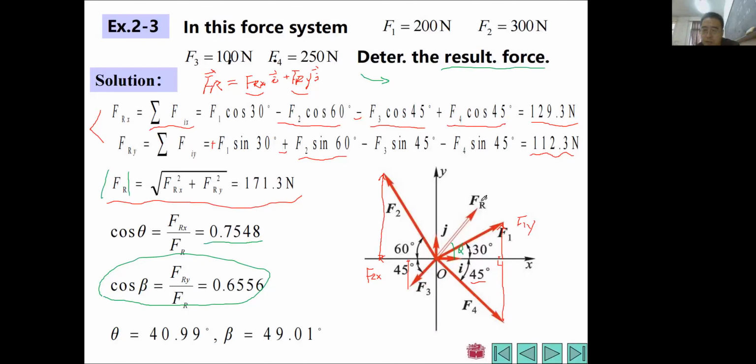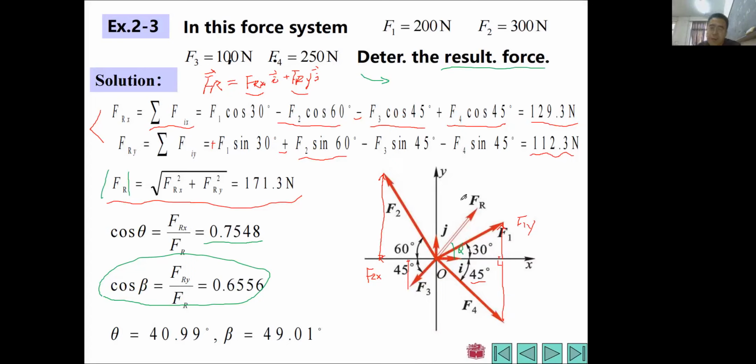Its effect on a body or body system will just equal the effect of many concurrent forces, right? So you guys will find that with this method, we can handle any concurrent force system. Whatever number it has, maybe 10 forces, maybe 20 forces,